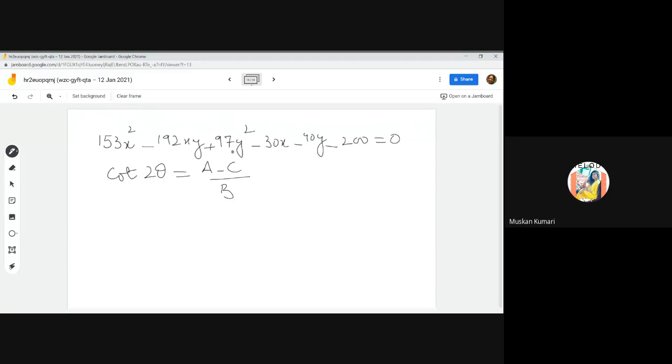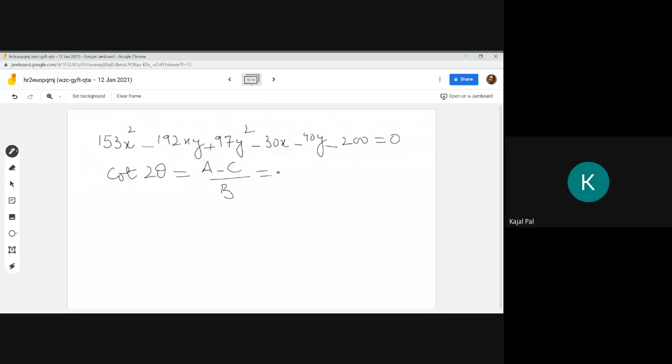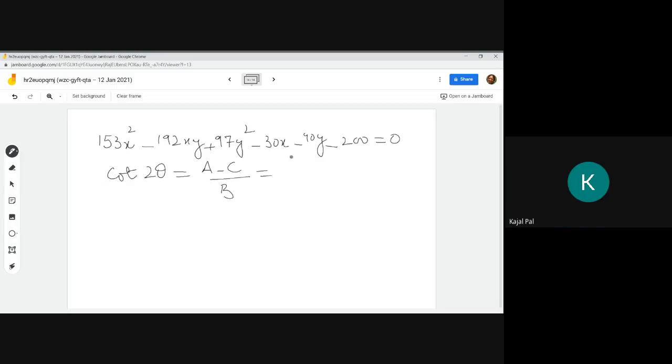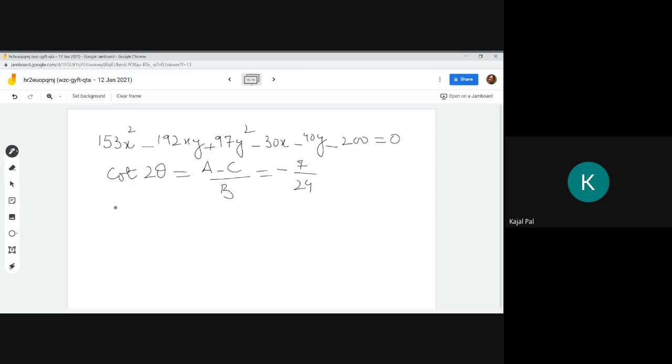Yes, ma'am. ठीक है, अब now your cot 2 theta is (a minus c) upon b. ठीक है, कितना आया? 56 upon minus 192. इसको थोड़ा सा और सिंप्लीफाई कर सकते हो ना? -7/24। ठीक है,